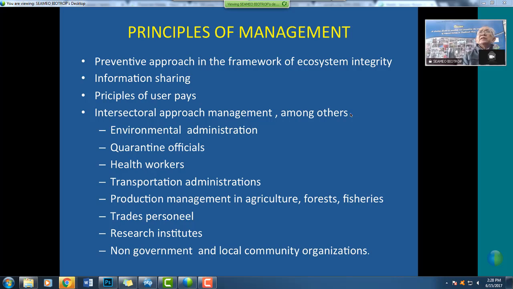Then the principle of management is a preventive approach in the framework of ecosystem integrity. It means that ecosystem, not only natural ecosystem, but also agricultural ecosystem or production ecosystem. When we have a good ecosystem, it will not be invaded by the invasive alien species. Information sharing, as we emphasize the international cooperation, principle of user pays, that anyone importing an invasive